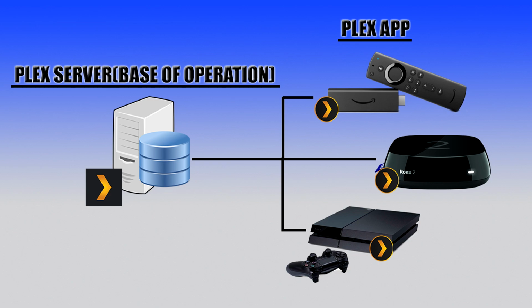You will then use other devices that you have at your disposal, like a PlayStation 4, Roku, or Fire TV, to download the Plex app, and with a simple code activation, similar to other streaming applications, you'll be streaming your media in no time. Now, with that being said, Plex has a special way of handling your personal media